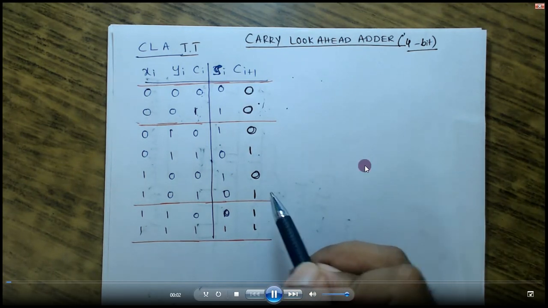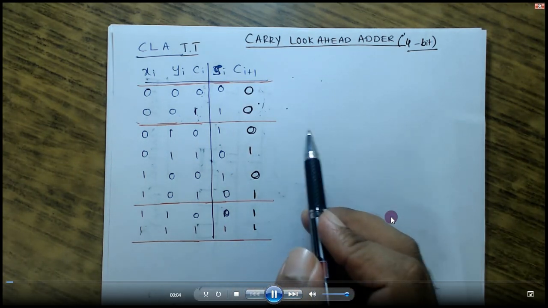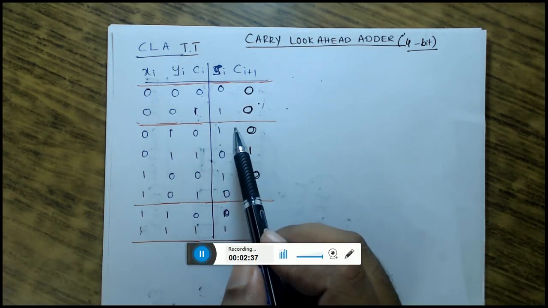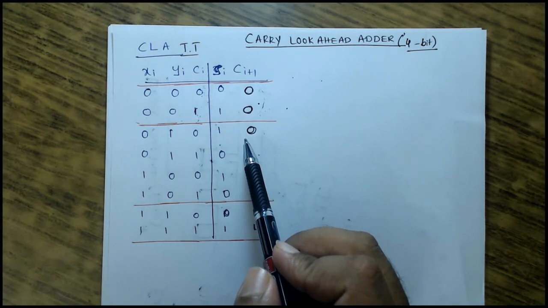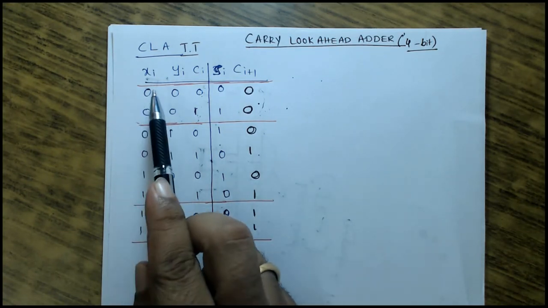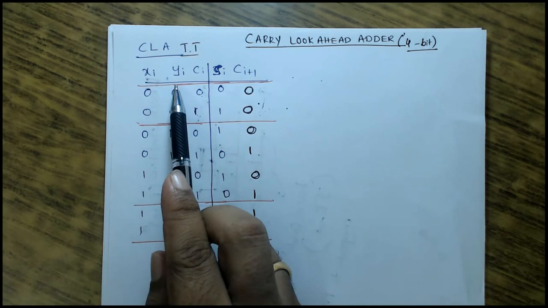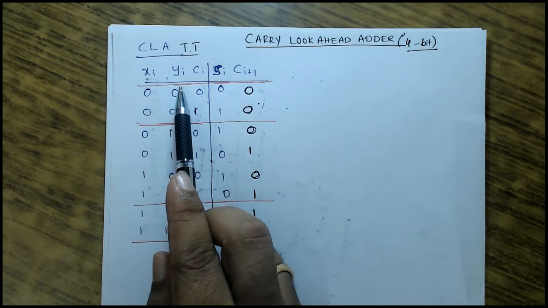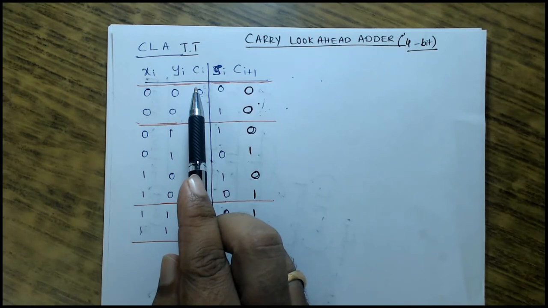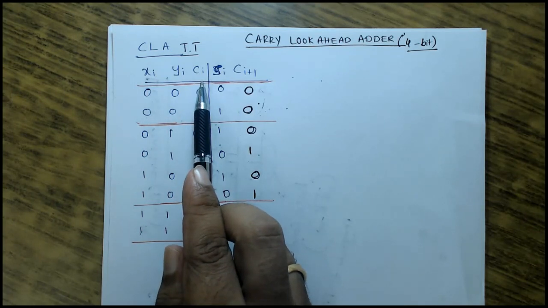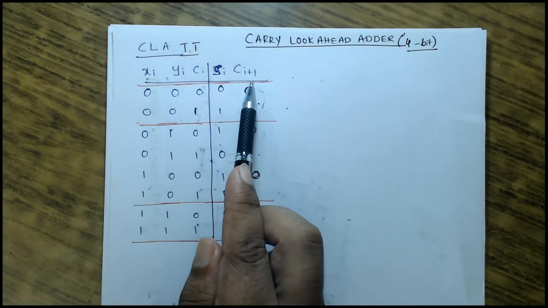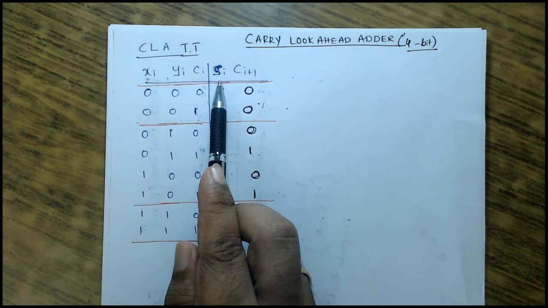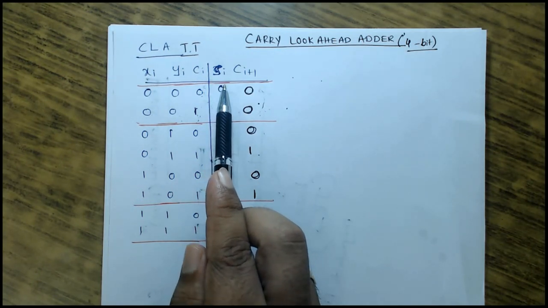So here we have a carry lookahead adder design. I have taken the truth table as it was there in the PPTs. So we have X and Y as inputs, which are of 4 bits, as we have considered a design of a 4-bit carry adder. So Ci is the carry input and Ci plus 1 is the carry output. Si is your sum output, wherein it is also of 4 bits.